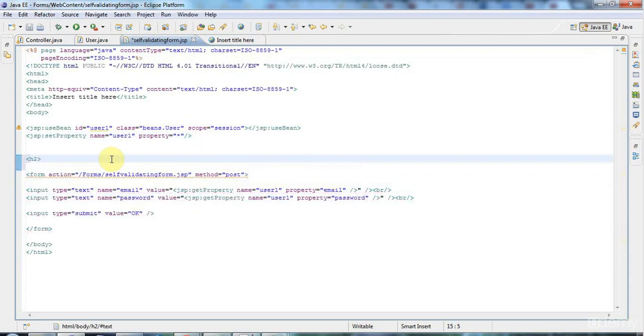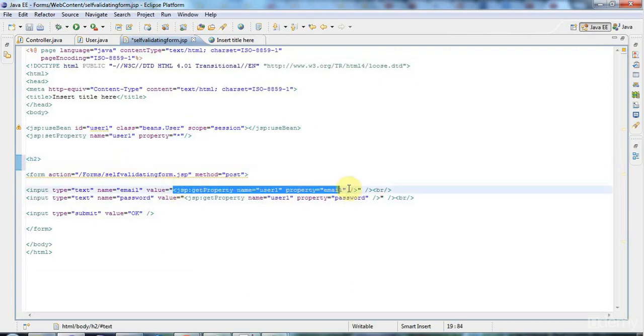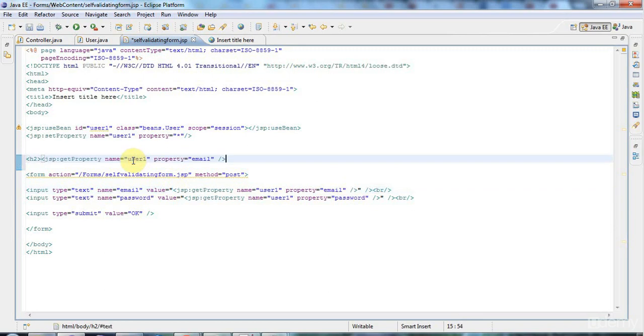Of course, to really make the message look nice, you'll need some HTML design skills and some CSS, but I'm just going to output a really simple message here. I could use an expression tag again, but let's just use a get property tag since I've started using get property tags. H2, so this is just a header tag that makes a nice big message,